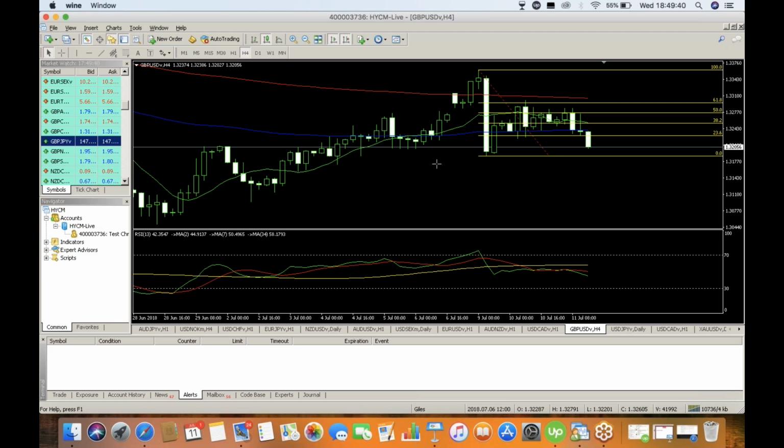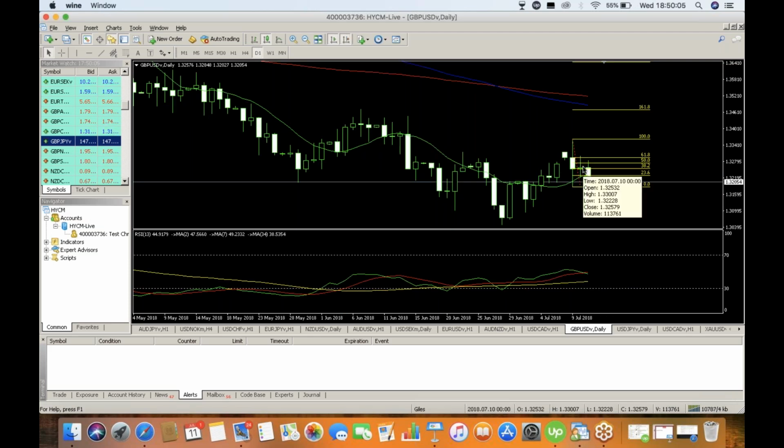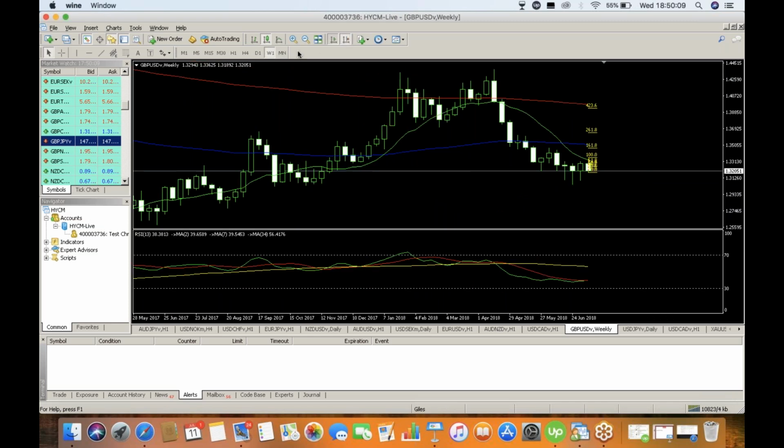Because if they react positively, then in the back of your mind, you know that positive data has been coming out for the British pound. We've had that services PMI beat to the upside. The expectations of a rate hike for the 2nd of August are around 75 to 80%, so you could rapidly expect the pound to appreciate. Okay, and that's the sort of situation you would be in.